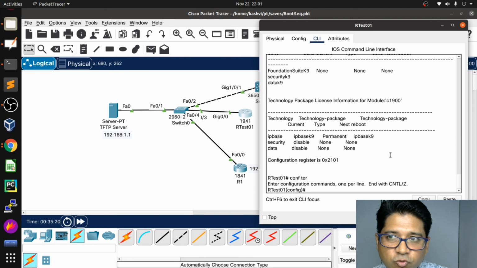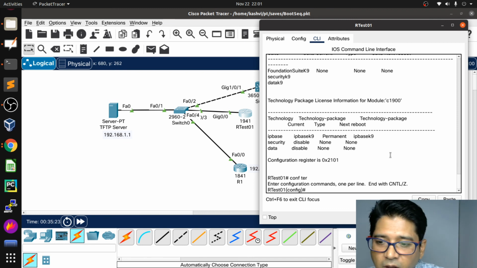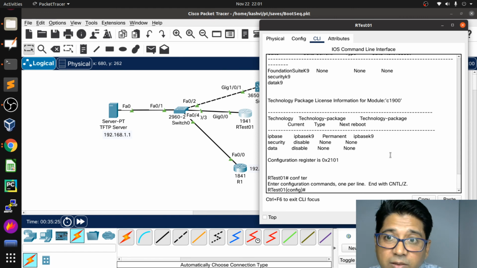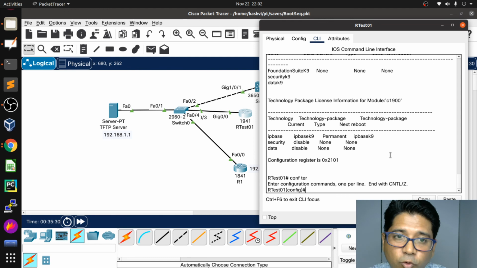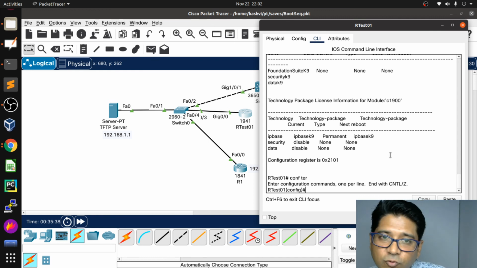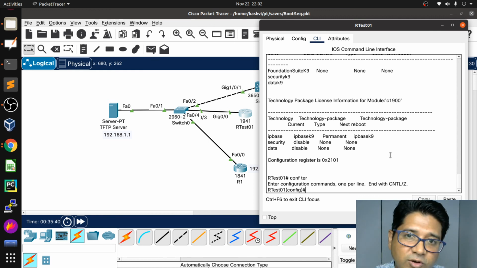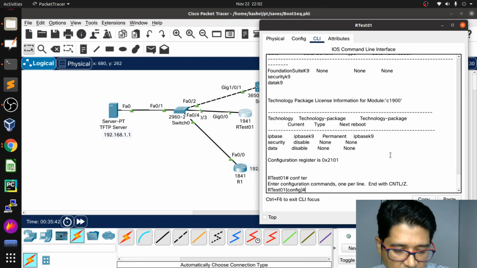And I'm going to stop here. We will go to the next class. We're going to see how to bypass the NVRAM, or how to recover the password of the router or switches. How we bypass the password and recover it. We're going to set the new password. Okay, so